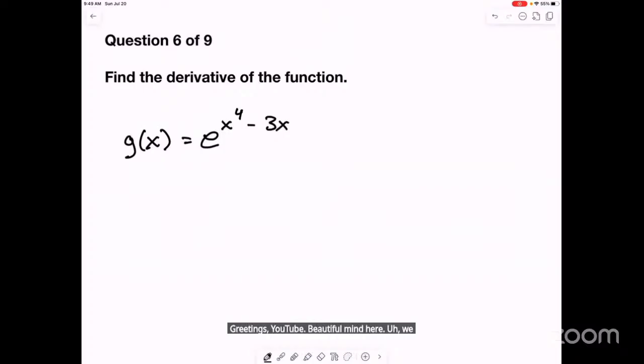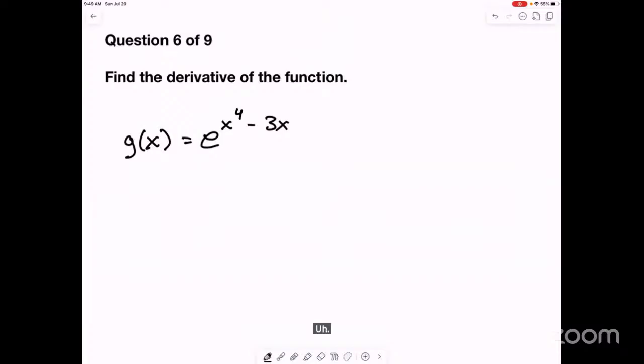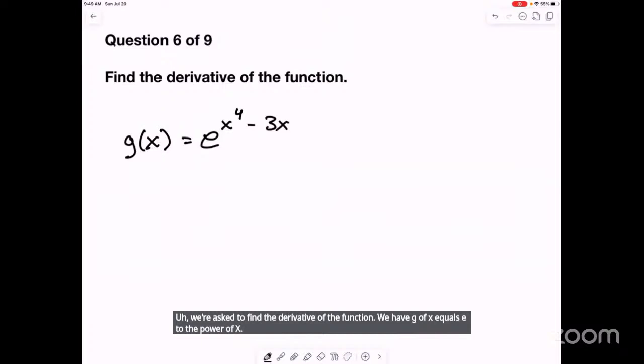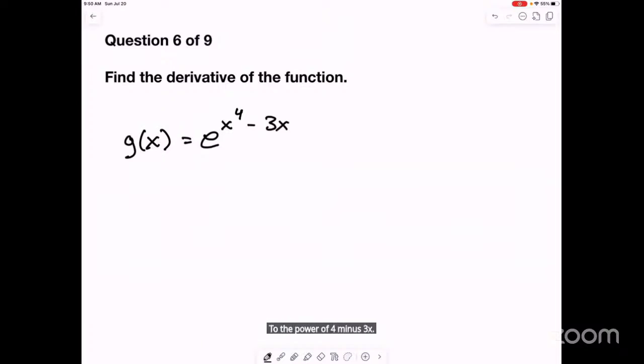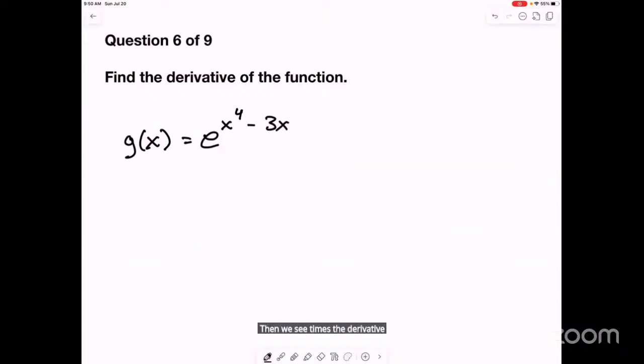This is question 6 of a series of 9 from calculus. We're asked to find the derivative of the function g of x equals e to the power of x to the power of 4 minus 3x. The derivative of e is its own derivative, then we say times the derivative of the power. So then g prime,